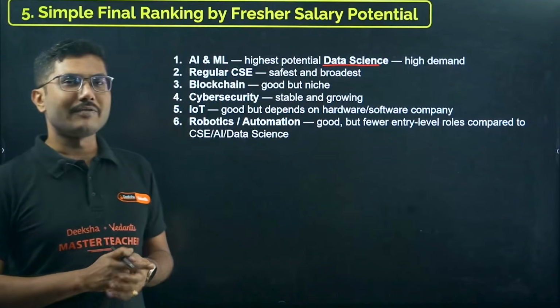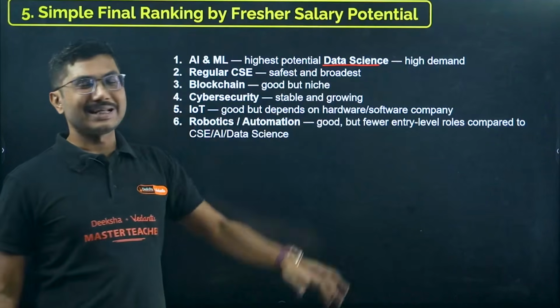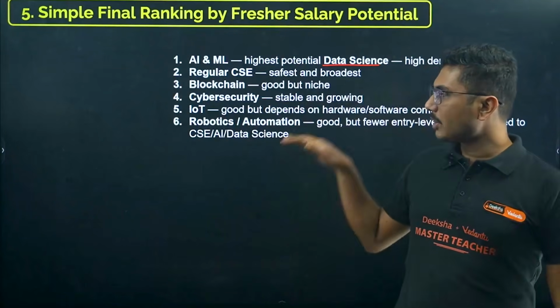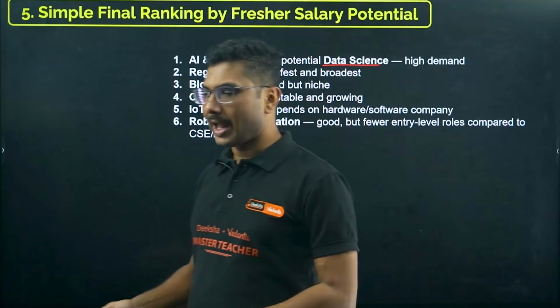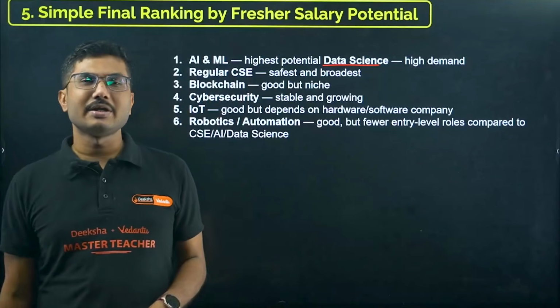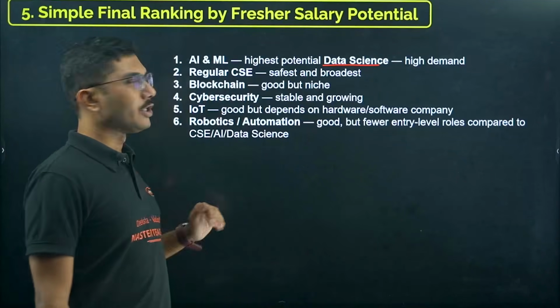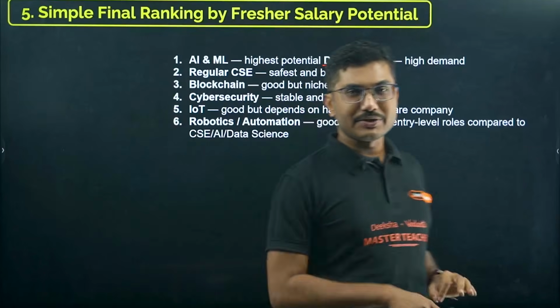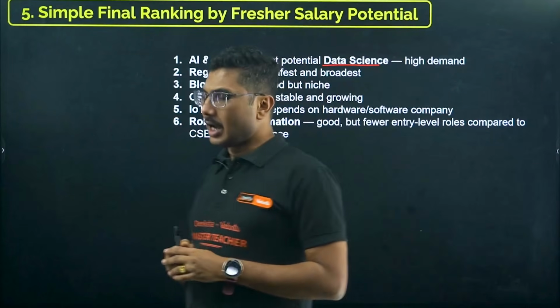Okay, so once you have experience in, say, AI/ML, then you might switch to robotics. Okay, so that's how the robotics industry works. They do not hire too many freshers. Freshers hiring is less in robotics. Okay, so these are the basic ideas of all the branches and courses of computer science engineering.